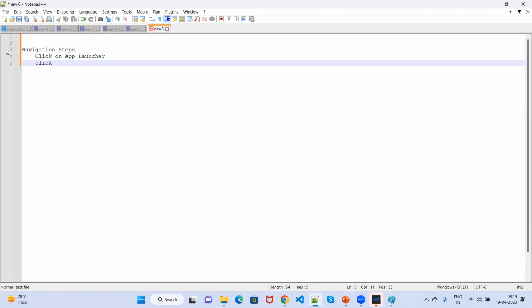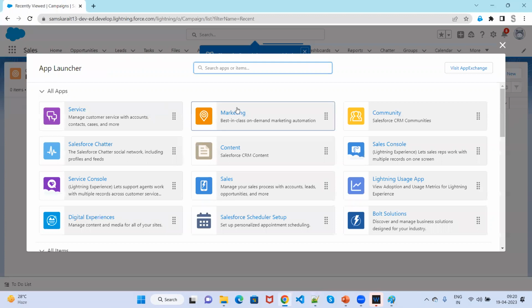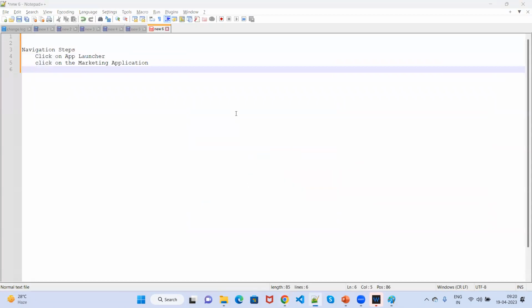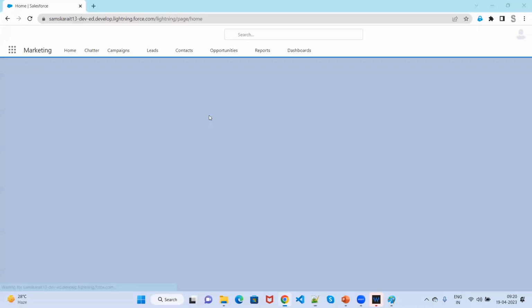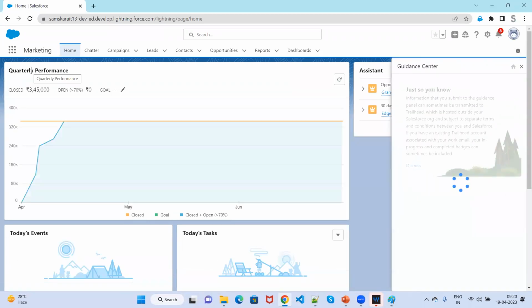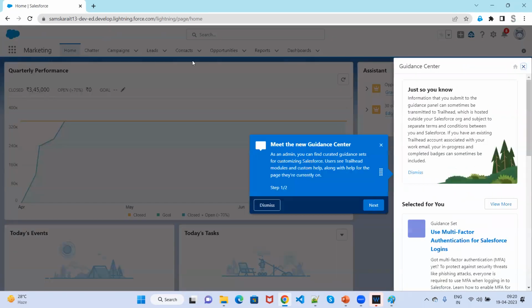Click on the marketing application. So I'm clicking on the marketing application. Then it will take you to the marketing application. In the marketing application, the first thing you will see here,